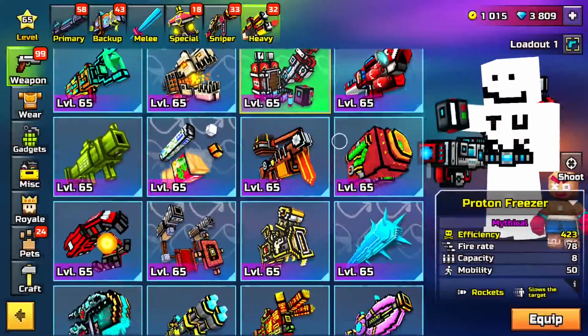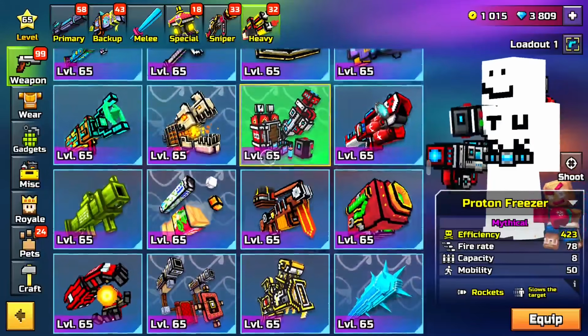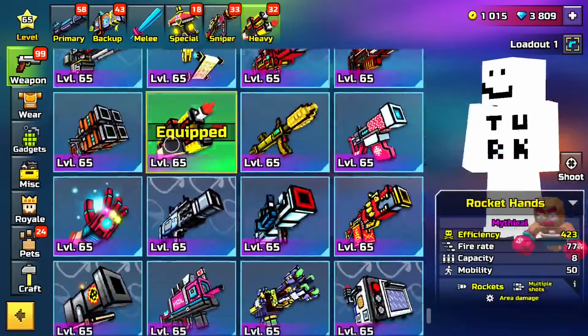I'd recommend Proton Freezer. I'm not sure if you can get it for coupons anymore, but if you can, I'd 100% get the Proton Freezer, okay? Super good weapon. And the next weapon we're going to talk about is very close to Proton Freezer, and that's